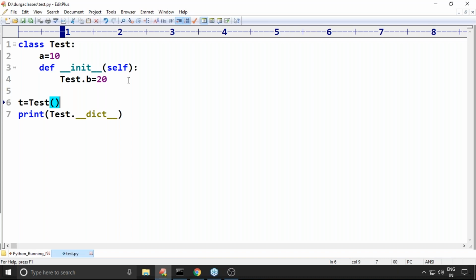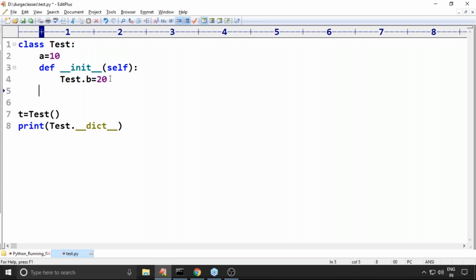I will generalize. First, let me check all the possibilities where we can declare instance variables and where we can declare static variables. Are you in a position to understand? So inside the constructor, by using the class name, happily we can declare, no problem at all. Now this variable is treated as a static variable only.